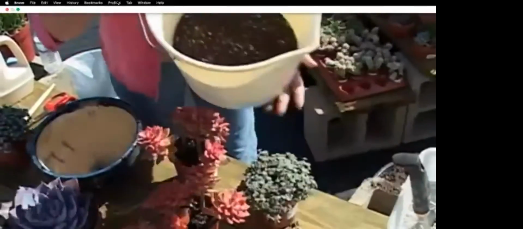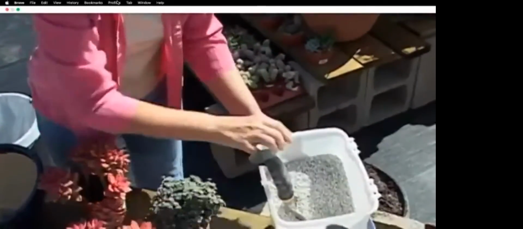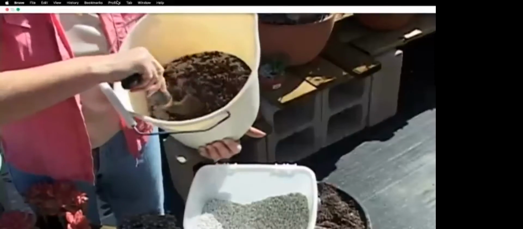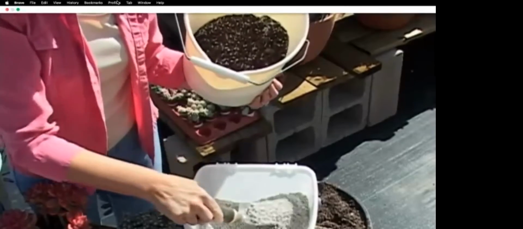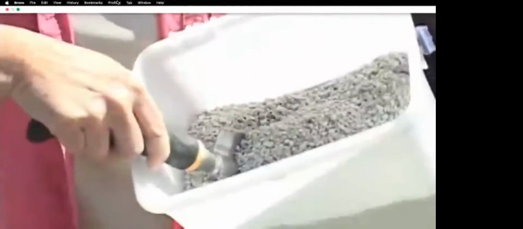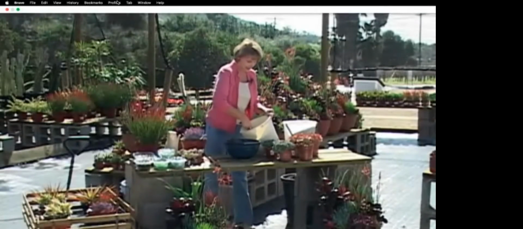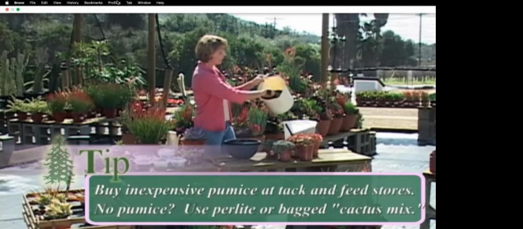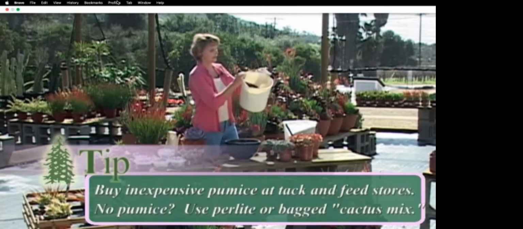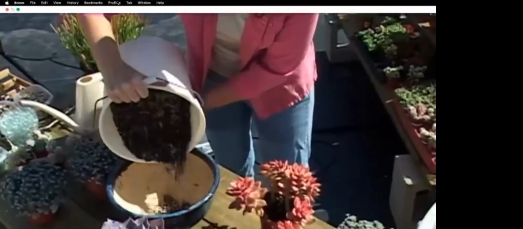I have just regular potting soil that you can buy at any nursery, and some pumice. It's used to absorb moisture in horse stalls. Now pumice is a volcanic rock. It's very lightweight and it leavens the soil. It makes it lighter so that it's faster draining, which is what succulents like. So see, here you can see how I've mixed it, and you pretty much have half and half pumice and potting soil. Just going to dump that right into the pot,